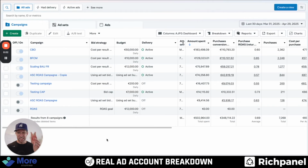This ad account has spent 500,000 euros in the last 30 days. You can see it right here. Here's the total spent across the ad account. That is real spend. I really don't know anything about this brand because it's in French and I don't know anything about French,